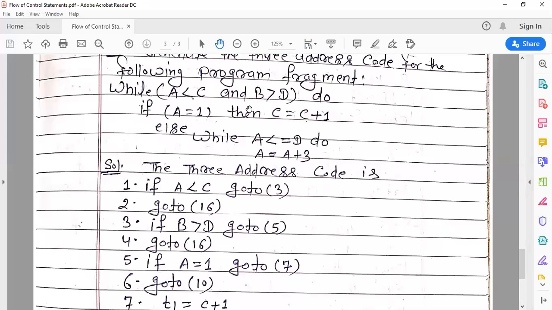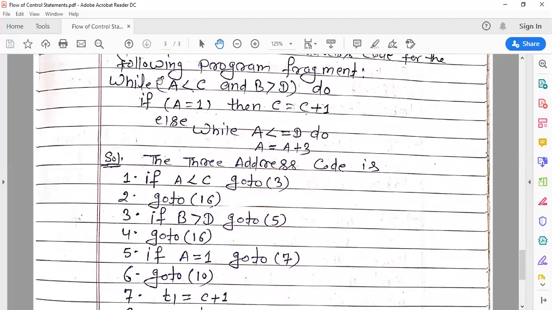So this is the Boolean expression, and you know how to write the code for the Boolean expression, the 3 address code for a less than c and b greater than d. Here I am assuming the first address is 1, you can assume 100. First of all, write the 3 address code for this Boolean expression.